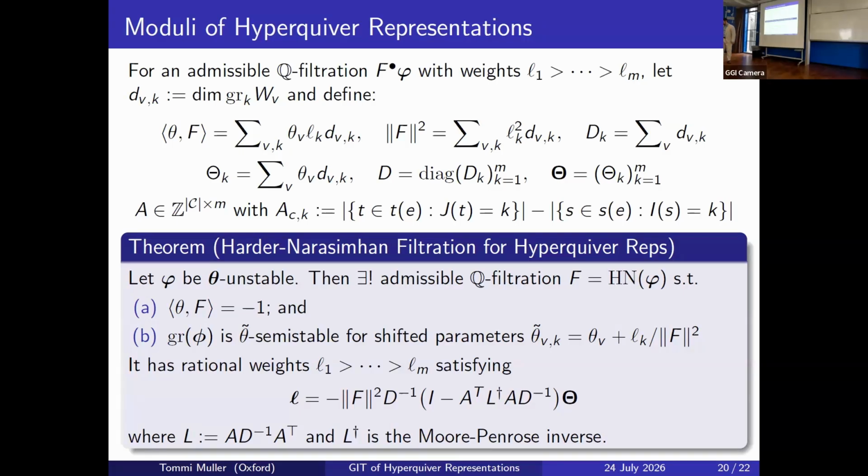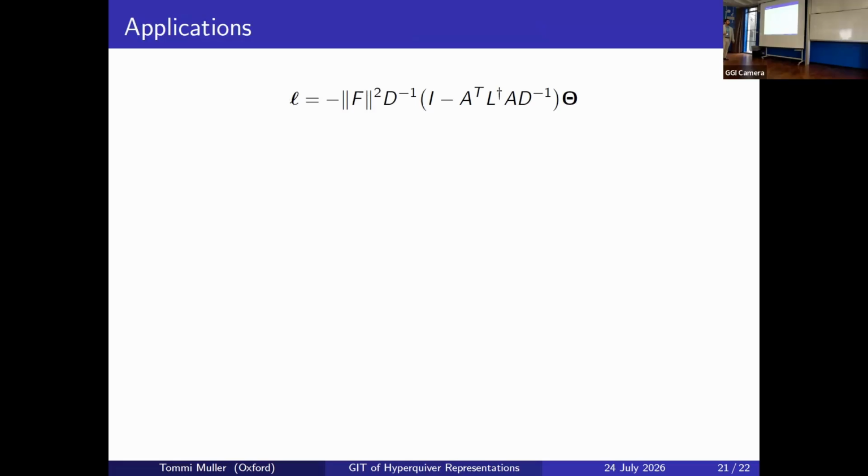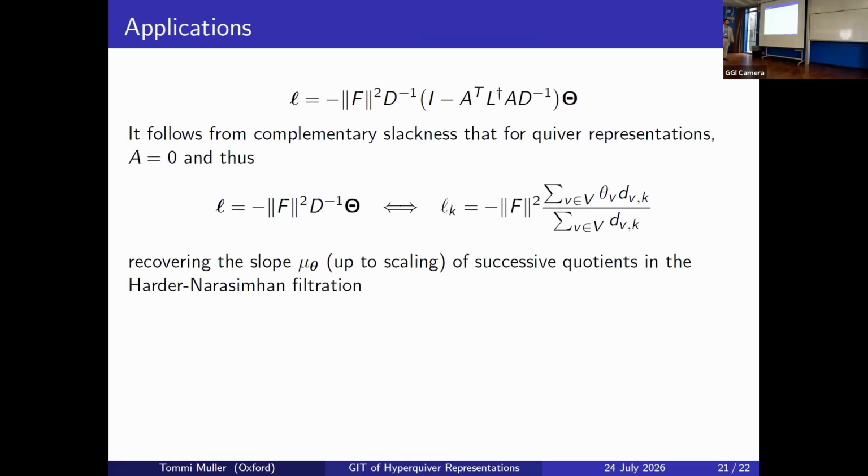So what can we do with this theorem? Well, the first thing to notice is that this is our formula for the weights, and if we go back to quiver representations, you can show that by using the complementary slackness condition from the KKT conditions, in fact this A matrix is 0, and the formula reduces to